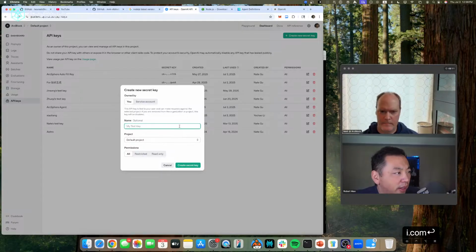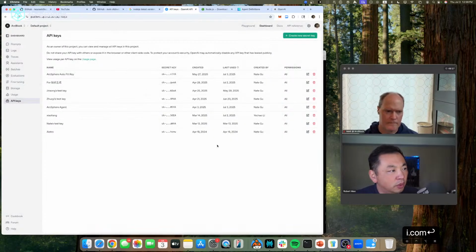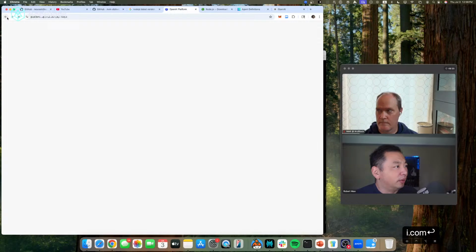Once you create it, you just give it a name and create the key. Once you create this key, you need to copy it. You only see this API key once, right? Once you have it, now you can begin to play with ArcBlock.